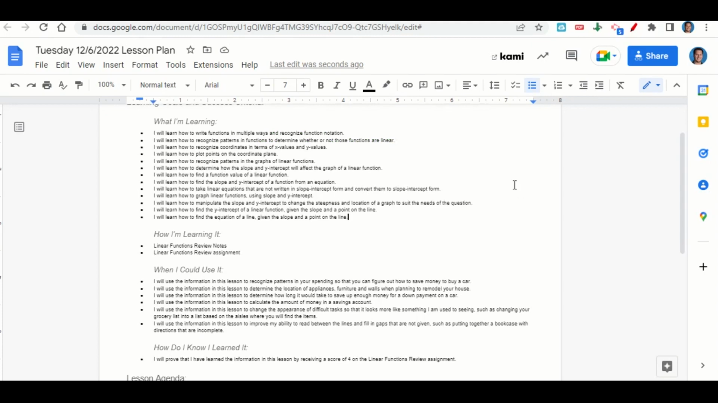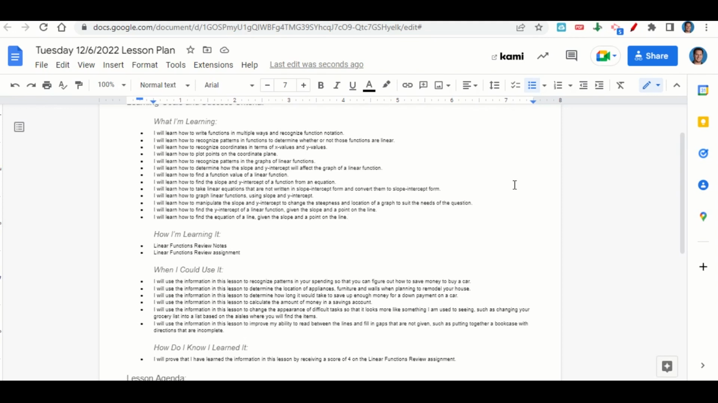When can we use this information? To recognize patterns in your spending so that you can figure out how to save up enough money to buy a car, to determine the location of appliances, furniture, and walls when planning to remodel your house, to determine how long it would take to save up enough money for a down payment on a car, to calculate the amount of money in a savings account,